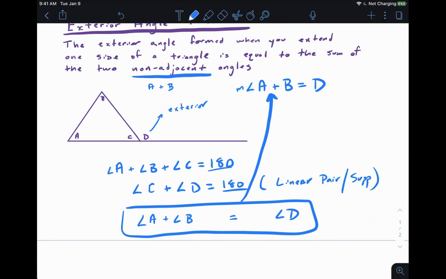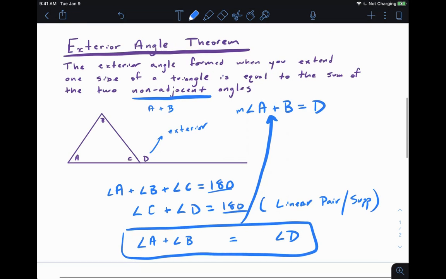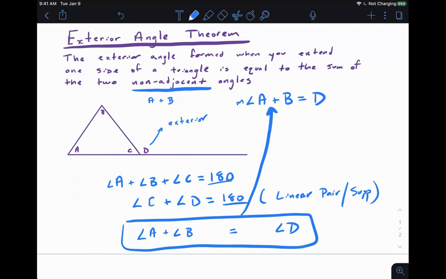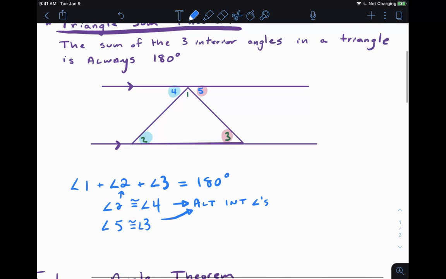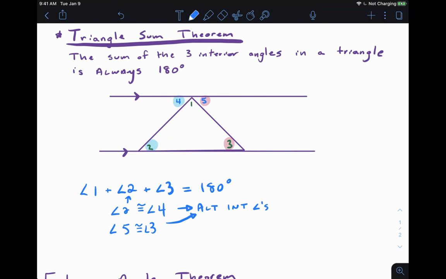So the proof here has to do with, once again, not using alternate interior angles, but just the idea of knowing supplementary, knowing the relationship in a triangle itself. So these are pretty simple theorems to prove. The exterior angle theorem might be new to some of you guys. Like I said, maybe jot that down if you haven't seen it before. The outside angle is going to be equal to the sum of the two non-adjacent angles in a triangle. And then obviously the triangle sum theorem, which we talked about first, is always going to add up to 180 degrees, unless you're in a college math class where that doesn't happen to be the case.